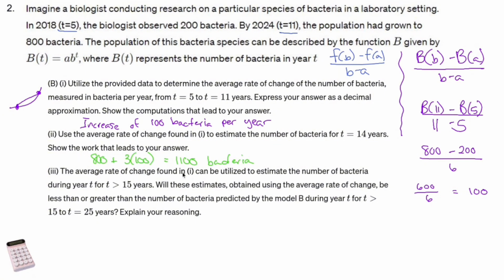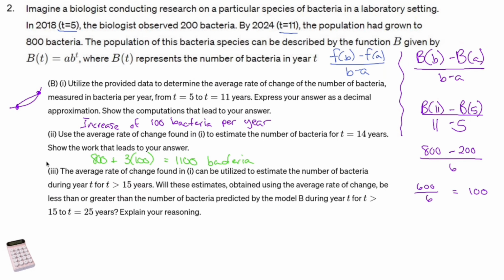The average rate of change found in 1 can be utilized to estimate the number of bacteria during year t for t greater than 15 years. Will these estimates obtained using the average rate of change be less than or greater than the number of bacteria predicted by the model B during the year t? Oh, and I only care about 15 to 25 years, not including 15. All right, so this is what I have to do. I have to compare